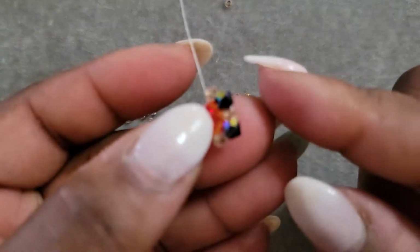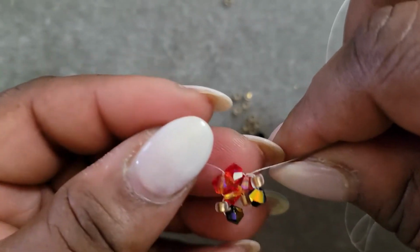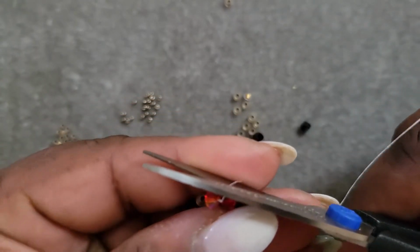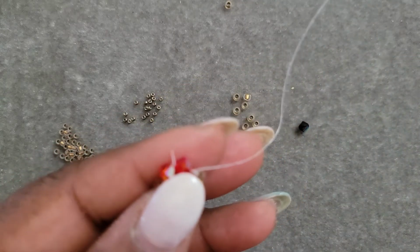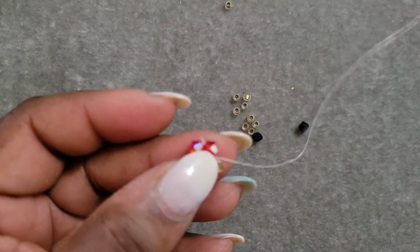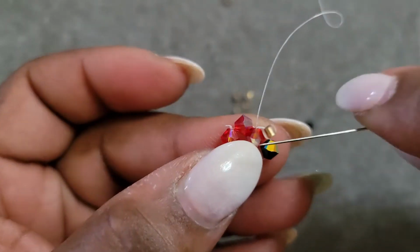And this is what you should have, whether it's laying flat or up. It doesn't matter because it's going to be sitting up soon. And here I'm going to just cut off my tail. I may have to go and cut it a little shorter later, but yeah, that's good. Now, with your thread exiting the original bicone from the last unit, now we're going to advance